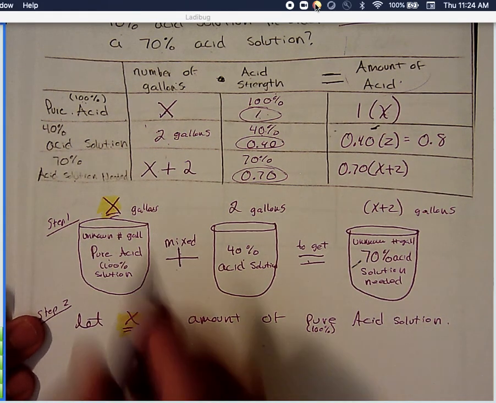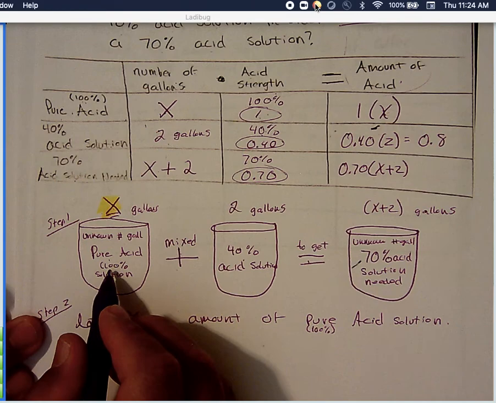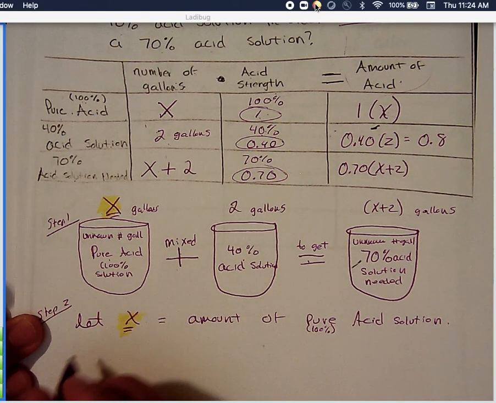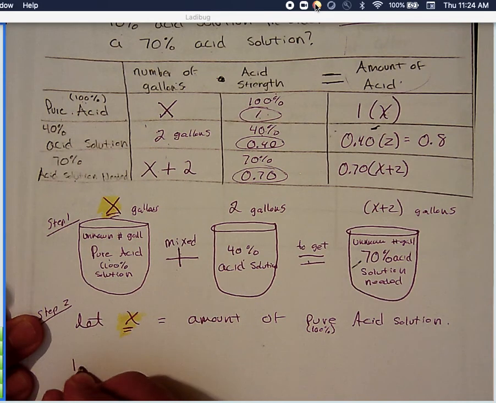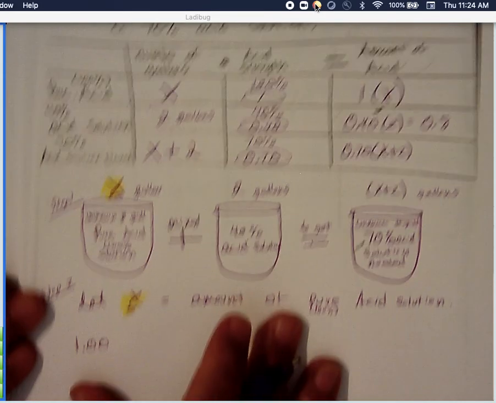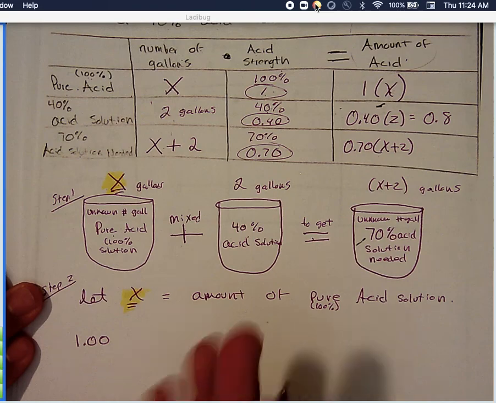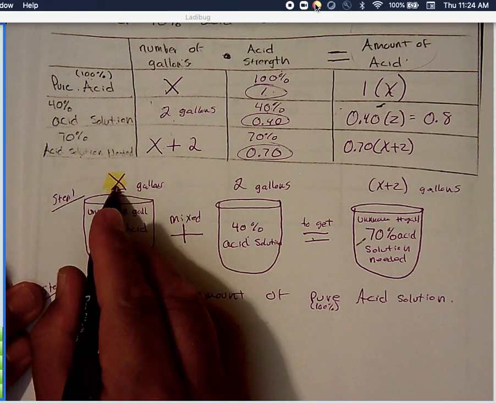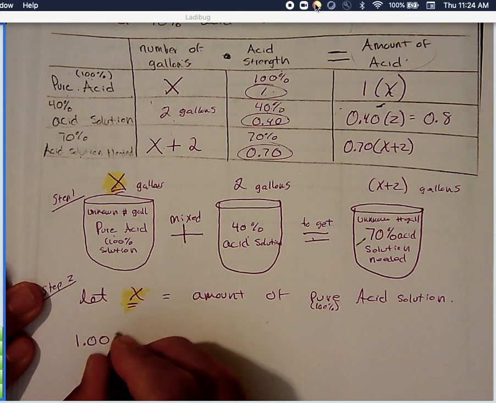Okay, what does that 100% mean in decimal? The 100% in decimal means 1.00. Obviously not a decimal, but I mean 100% is just 1. It represents 1 times the x amount of gallons